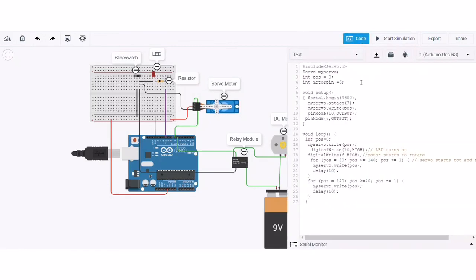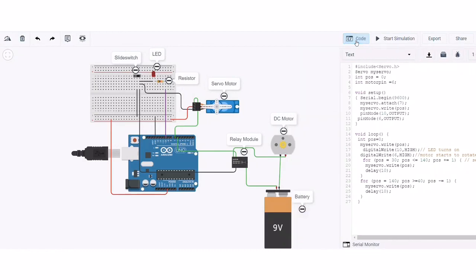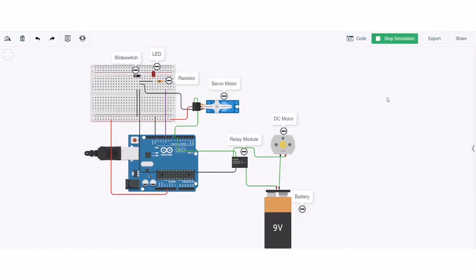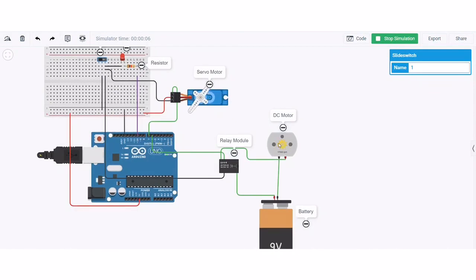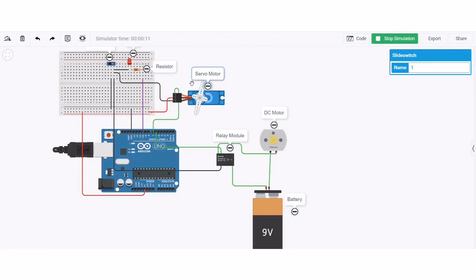This is the code for our circuit. As we start our simulation, we need to turn on the slide switch. As we turn this on, the DC motor starts to rotate, and along with the rotation of the DC motor, the servo motor starts to sweep at a certain angle. This DC motor helps in the rotation of the winding spool, and the winding spool starts to pull the copper wire through the copper spool. While this process is going on, this servo helps to sweep through a certain angle and make the winding accurate.